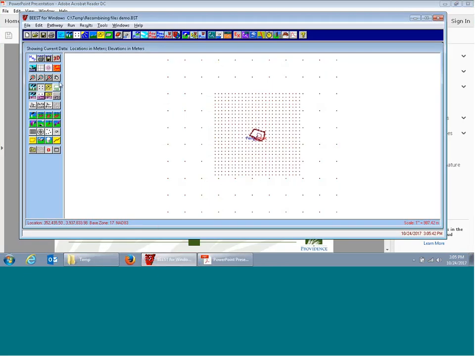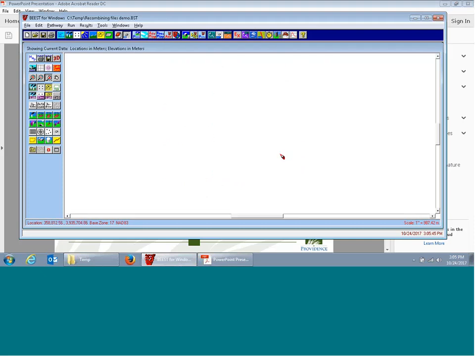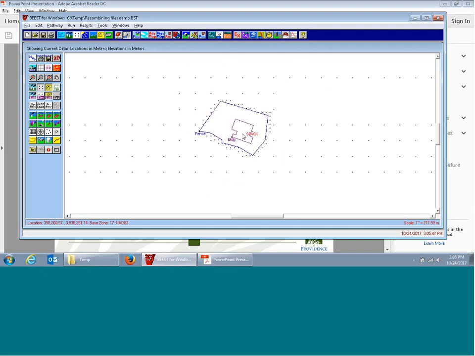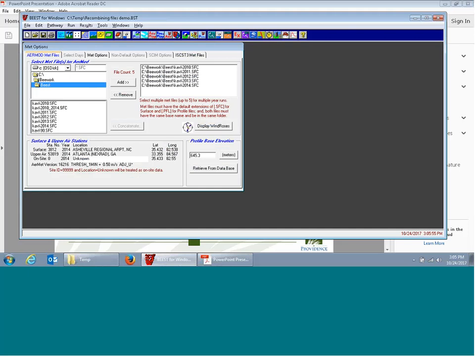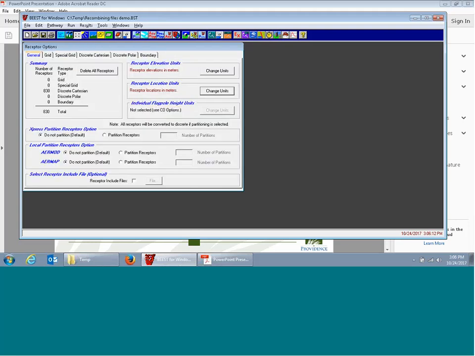All right, so in this modeling file that I have on the screen, we have a fairly simple model with one source and, in this case, one pollutant, SO2. And I also have 5 years of metadata to process. So if I just run this now, there will be 5 sets of output files to combine. So let's go ahead and do that. I'm going to tell this to partition into 4 partitions,